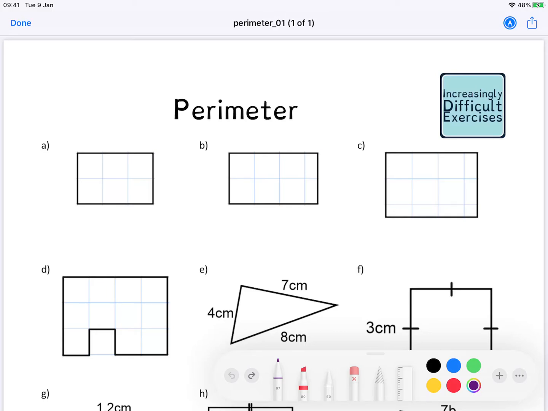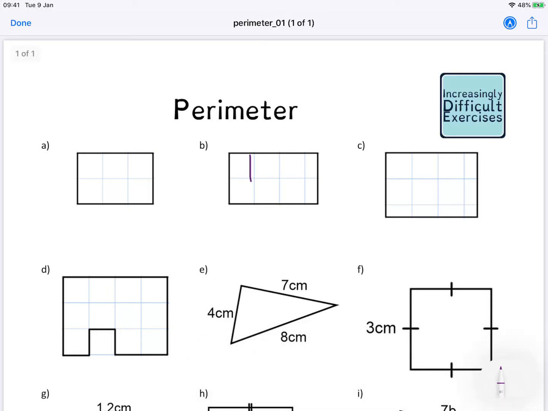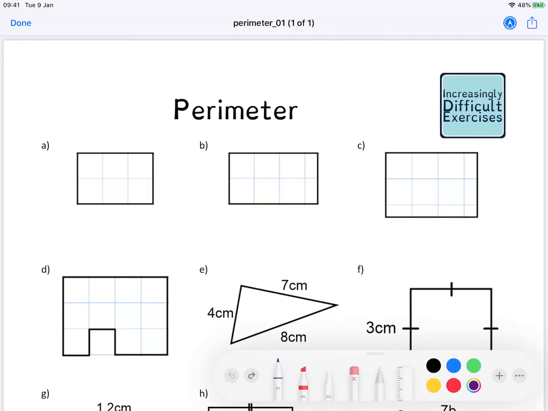So we're moving on to perimeter today, and this is your task. So I'm just gonna do the first question so you understand how to start this. I'll give you some tips about other things as well, and then you should be able to do the rest of